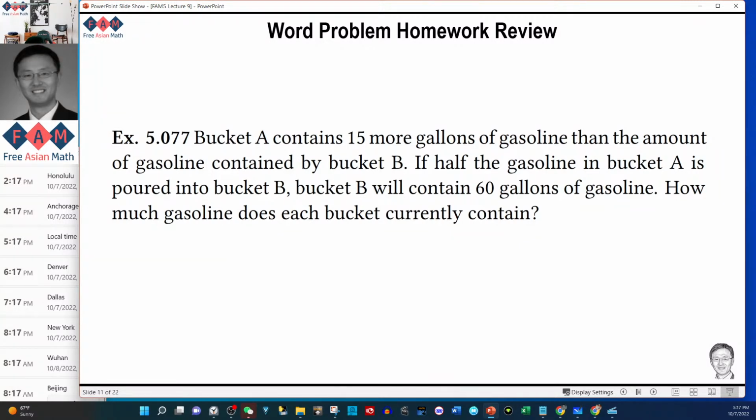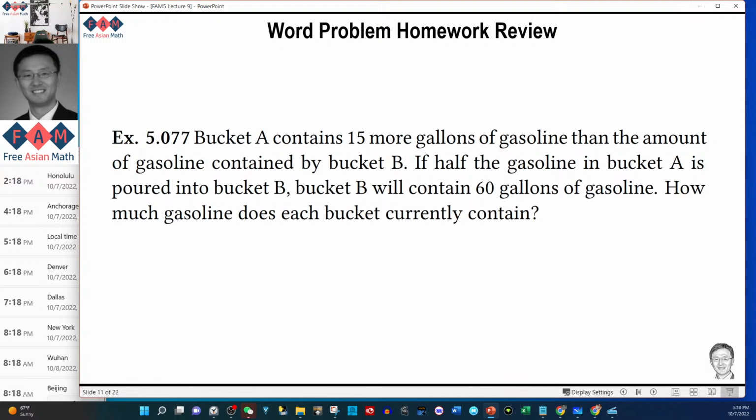Except maybe the difference, the initial difference, 15, that we know. But how do we translate the statement that if half the gasoline in bucket A is pulled from A to B, then B will contain 60 gallons? Well, you have to think outside the box. The key here is there's a word half, right? Half is not just any random number. It's a very nice number. You just get 1/2